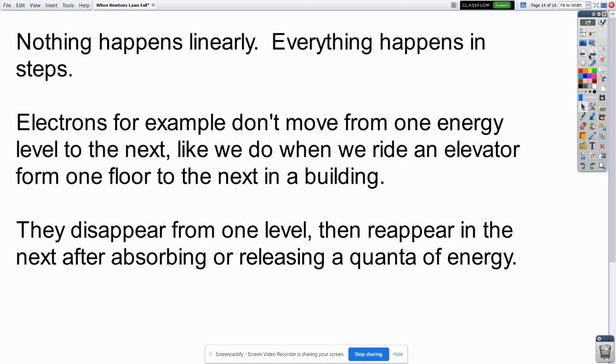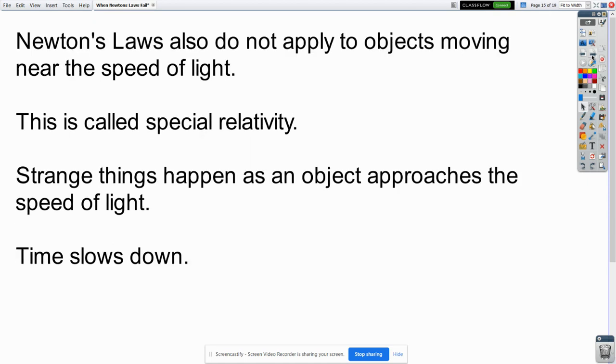The modern world is like the modern graphics card, where the surfaces look perfectly smooth. The only reason the surfaces look perfectly smooth is because the little steps are so small you can't see the steps anymore. That's the quantum physics world. Newton's laws apply in our world because the steps are so small that we can practically ignore them. But if you get down to the quantum world, the world of atoms and molecules and protons, neutrons, and electrons, then Newton's laws just don't apply anymore.